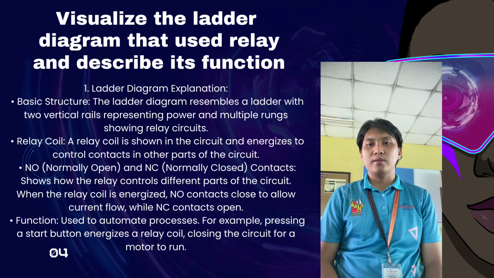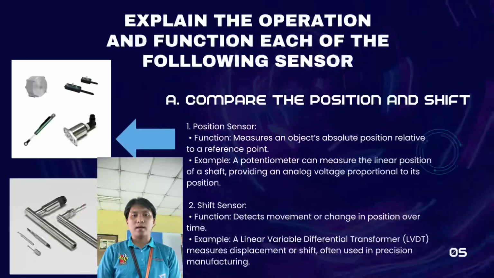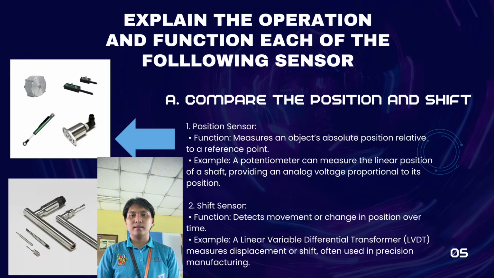Function used to automate procedure. For example, pressing a start button energize a relay coil, closing the circuit for a motor to run. Okay. Next,